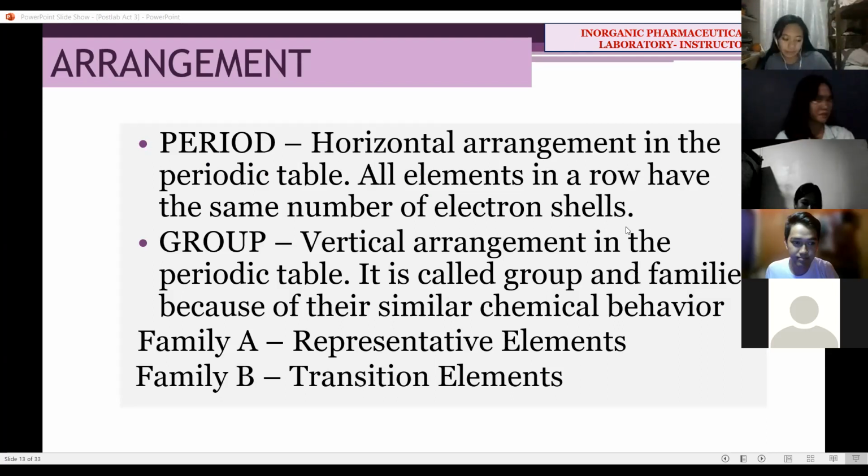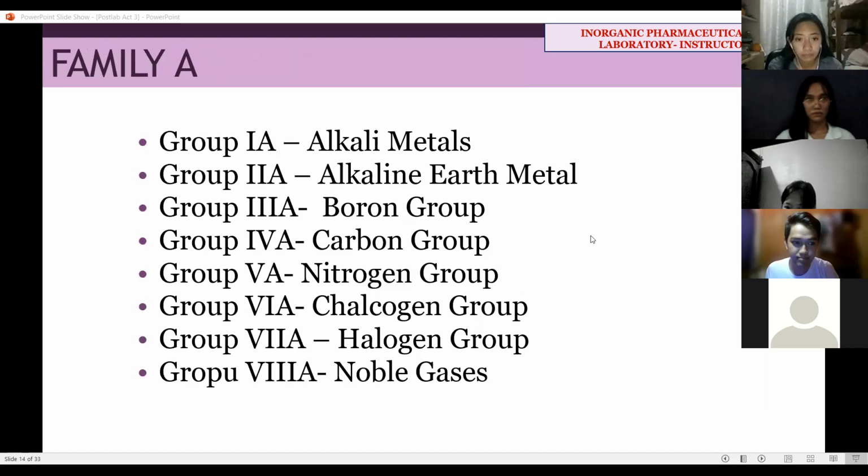So like sa first na group 1A, hangtod francium, di ba? Hydrogen, lithium, sodium, potassium, rubidium, cesium, and francium. Isa na sila ka grupo class. And we call it group or family. But again, our periodic table is divided into two families, family A and family B. The B are the transition elements. So they share the same chemical behavior. They share, klase, isa ka grupo, they share similar valence electrons, kung pila ka buo.